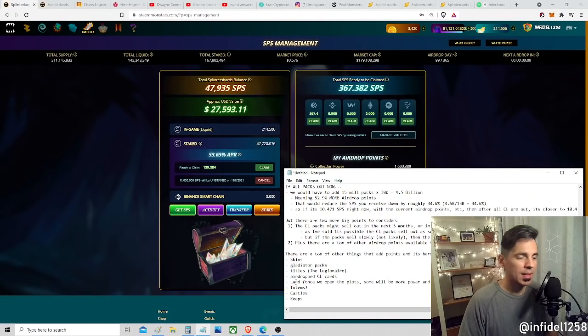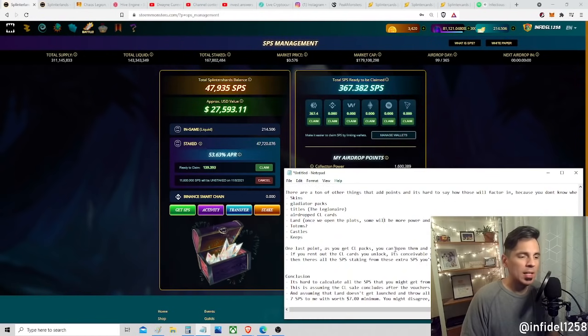Additionally, there's land. Once we open the plots of land, some of them are going to be legendary and the rarities are going to be different. Some of them are going to have castles and keeps. There's going to be totems. All of these things are going to complicate the calculation. So I guess in summation, in conclusion, we would just say that it's hard to